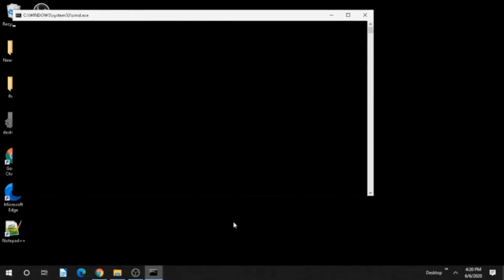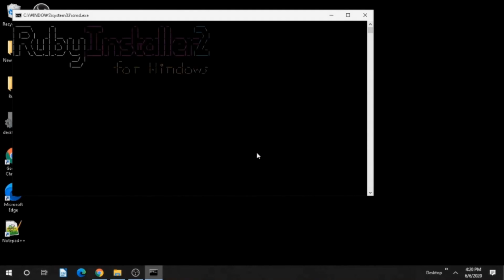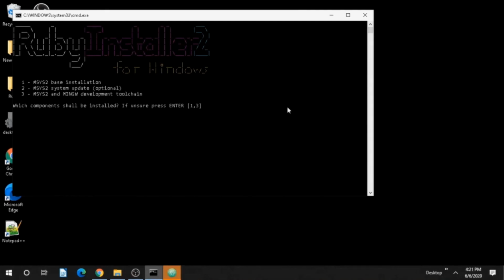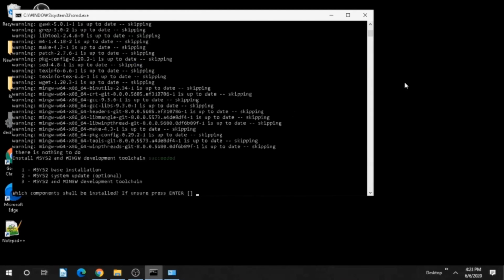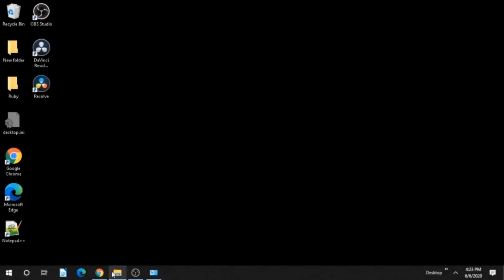Here you will get three options. You can select either option 1 or 3. If you go with option 1, it will be a default basic installation. If you go with option 3, it will install some additional software. So I've selected 3 and the installation has begun, and within a minute or two it completed. So I'm going to cancel this, and now I'm going to install the Atom text editor.